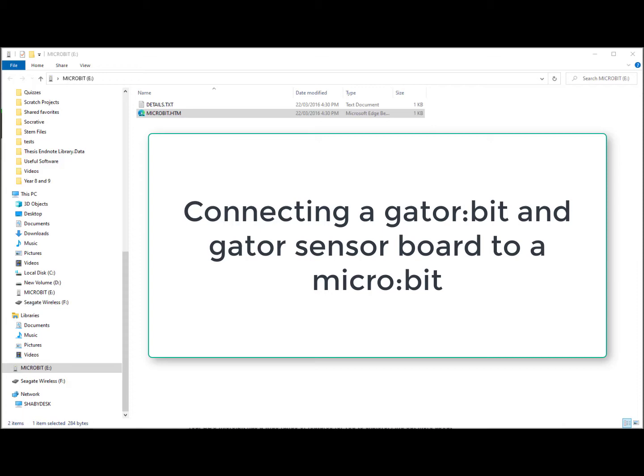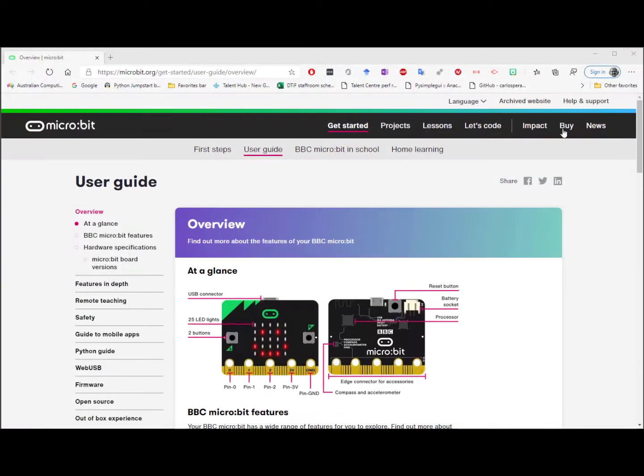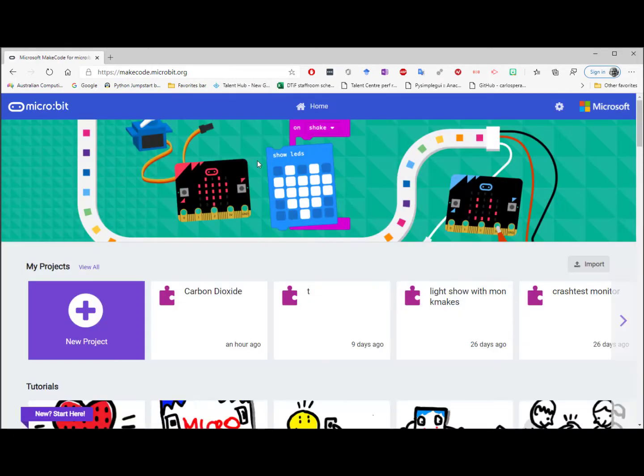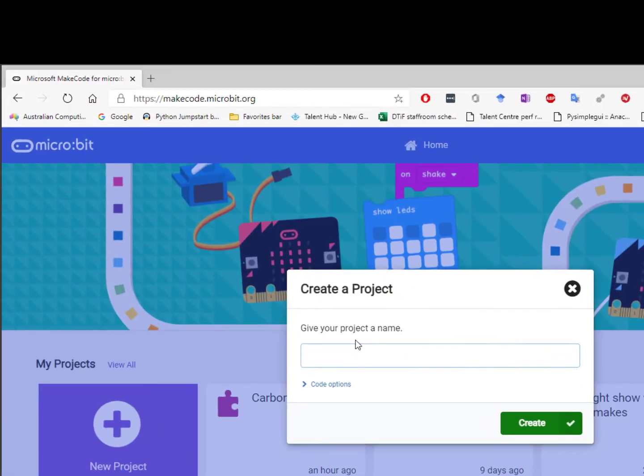When I load my microbit or connect it to my computer, this microbit.htm file comes up. If I double click on that, this page comes up, which allows me to start coding. I'm going to click on Let's Code, and choose the MakeCode Editor as a way of beginning. I want to create a new project, and my new project is going to be called